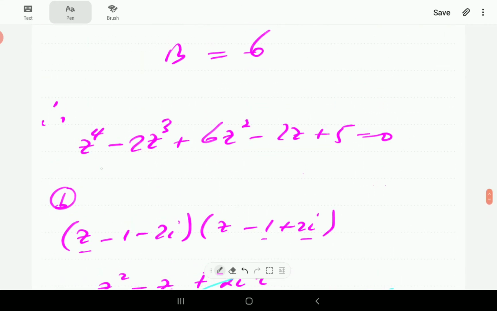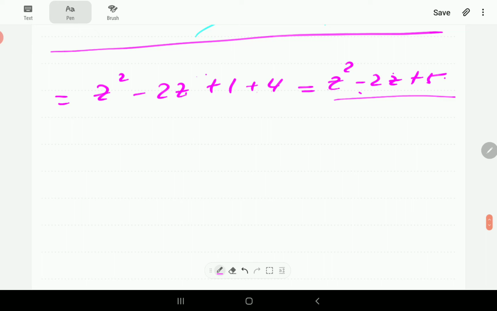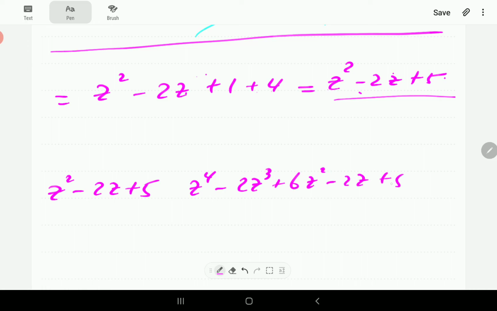So that means if we divide this by z squared minus 2z, we should get a remainder of 0. So indeed, let's work through that and see how it goes. So z to the power 4 minus 2z cubed plus 6z squared minus 2z plus 5. So first, z squared goes into z to the power 4, z squared times, then z squared into this is going to be z to the power 4 minus 2z cubed